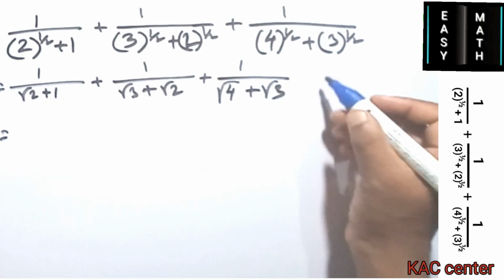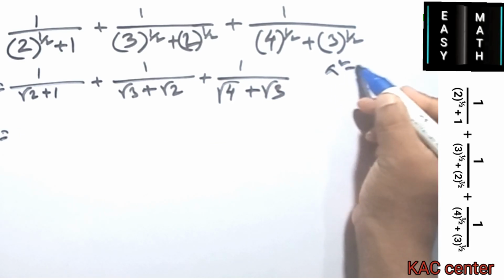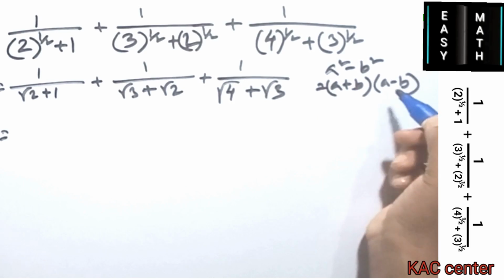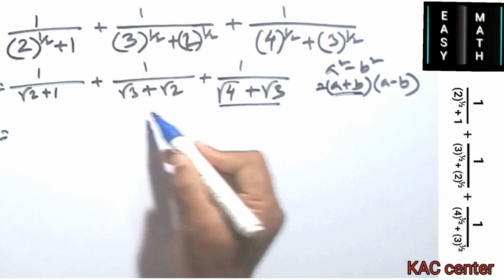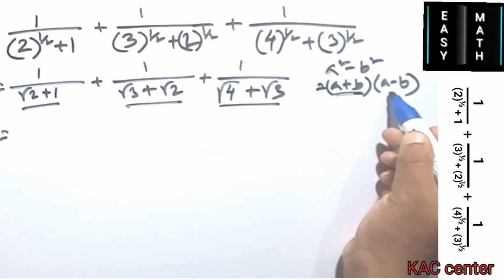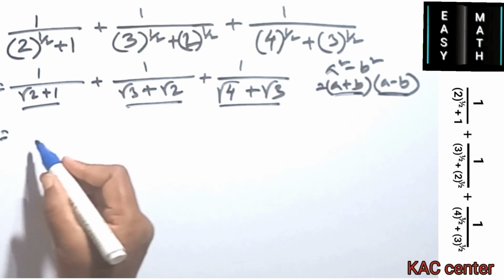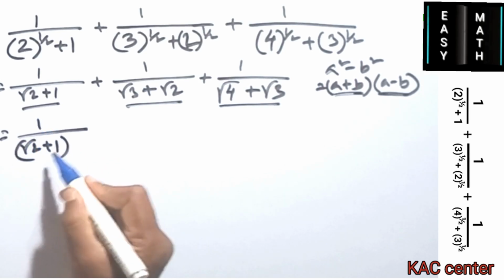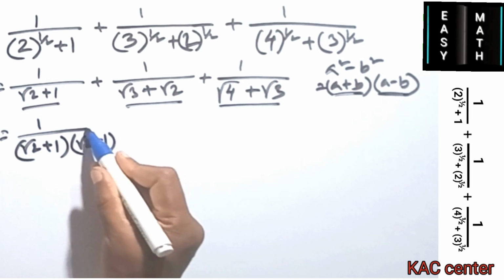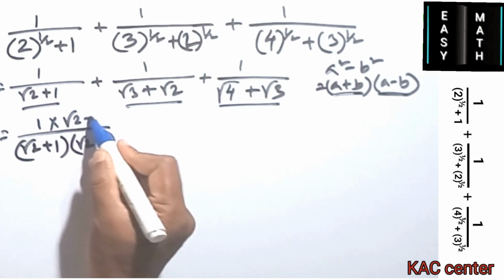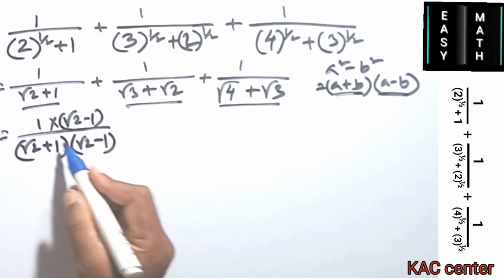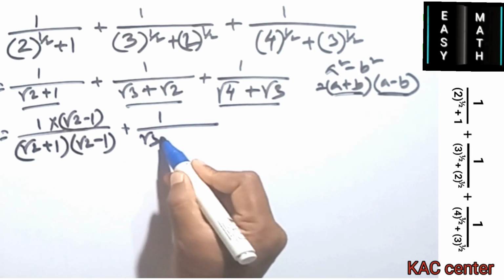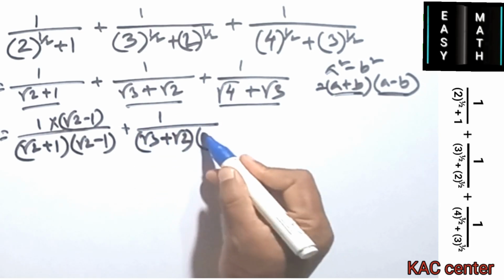And we know the formula: a square minus b square is a plus b and a minus b, and so we can write there root 2 plus 1, and conjugated we can write root 2 minus 1, and so multiply above root 2 minus 1, this is cut, so 1, so this is similar, and there is root 3 and root 2, and there is root 3 minus